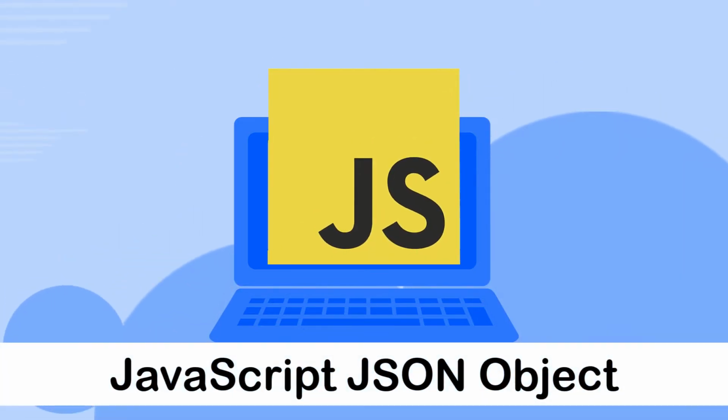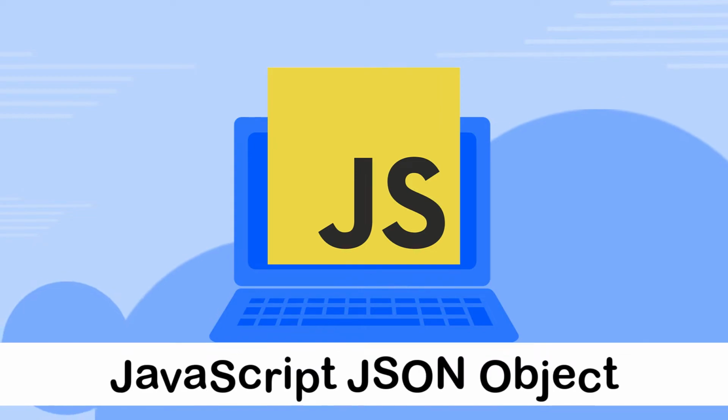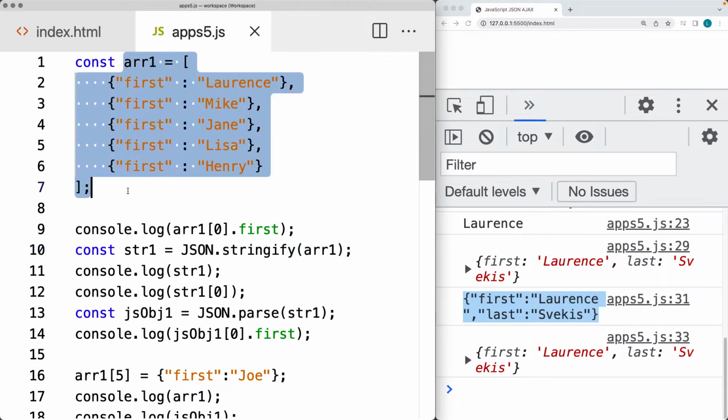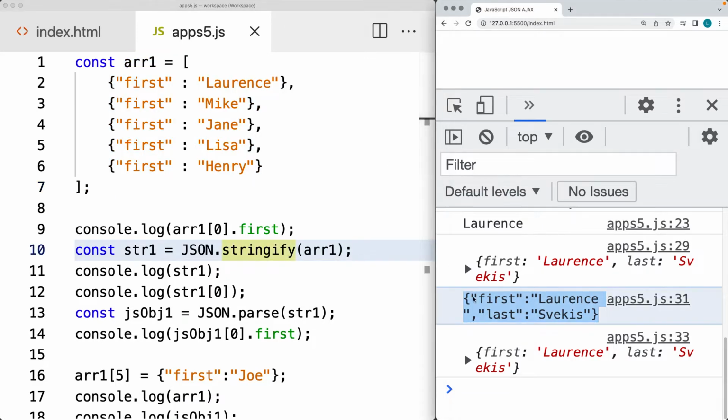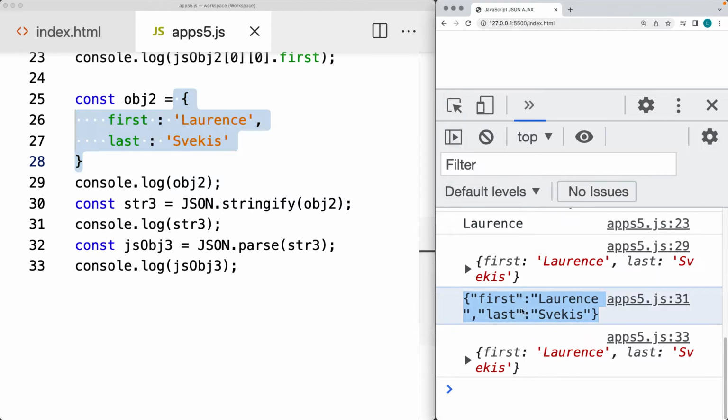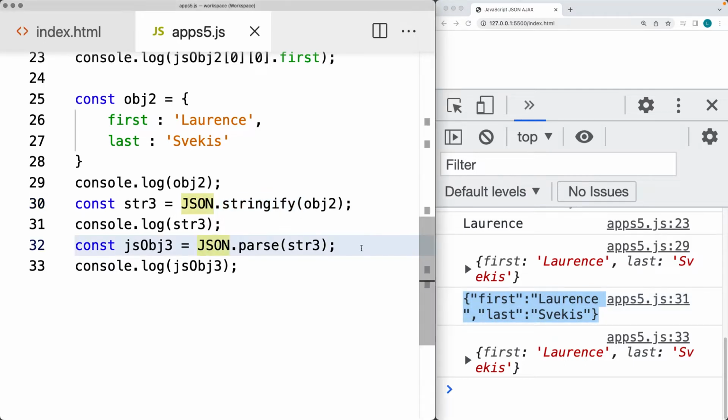We're going to be exploring serialization, so using the JSON object in JavaScript to stringify. That's converting a JavaScript object into a string version of itself. We've got an example here where we've got the JavaScript object and we're using JSON stringify, which converts it into a string version. And then also using JSON parse to convert a JSON structured string into a JavaScript object. That's once again going to make it usable so that we can interact with the data contained within the